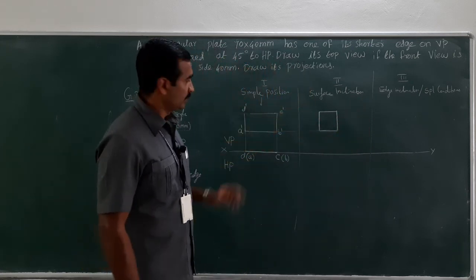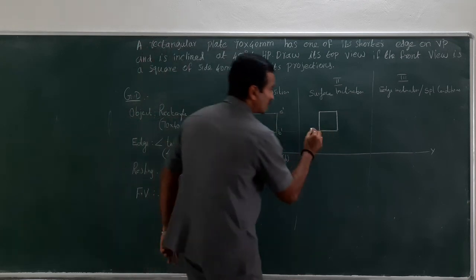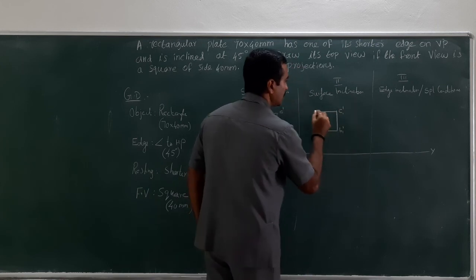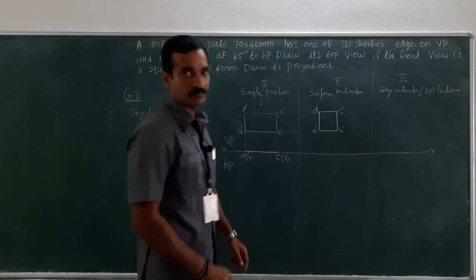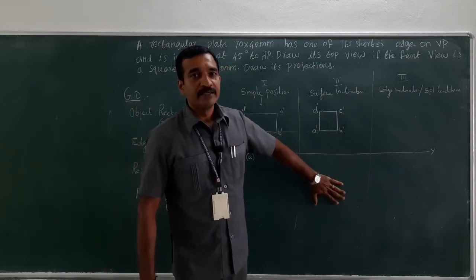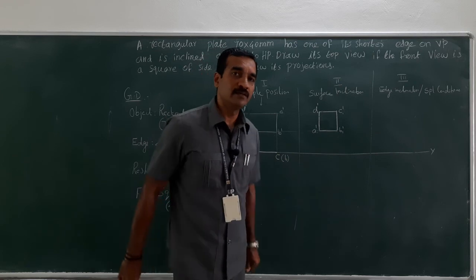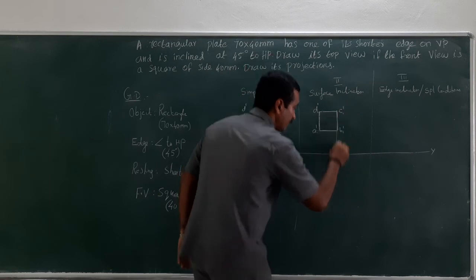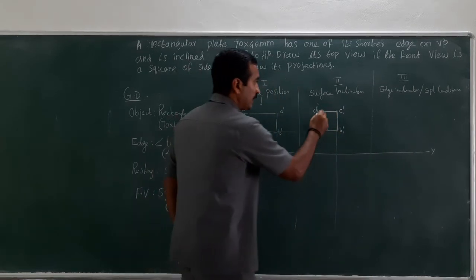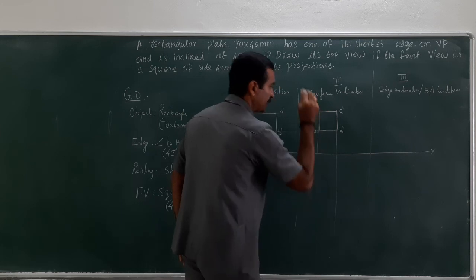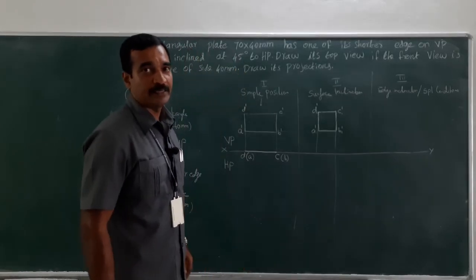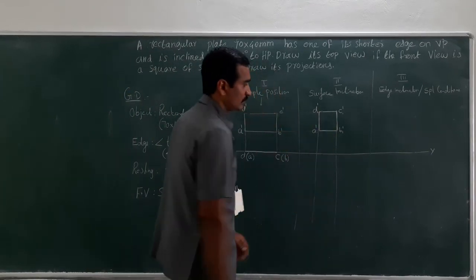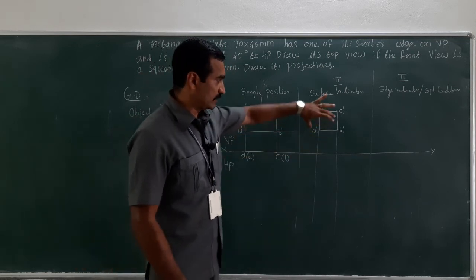What about the notations? A, B, C, D, isn't it? So this becomes A1 dash, this becomes B1 dash, this becomes C1 dash, and this becomes D1 dash. What about the inclined line? As such, we don't know the inclination. So there is a way out. You just project vertically downwards, and this up to the reference line, this up to the reference line. Right? So now you just project those projectors.